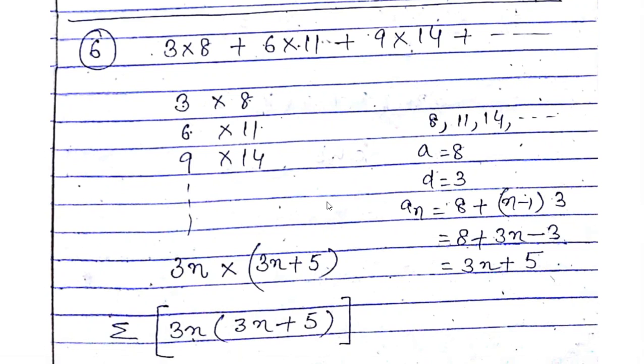Again, question number 6. I think you can do the questions at your own level also. The first term is 3, 6, 9 and so on up to 3n. It means basically it's the table of 3. What about the second term? After adding 5 to the first term, you can obtain the second term. It's 3n plus 5. But if it is difficult to calculate in this way, you can apply the formula for a_n of the series.